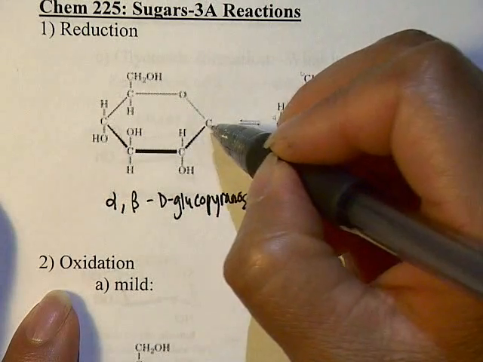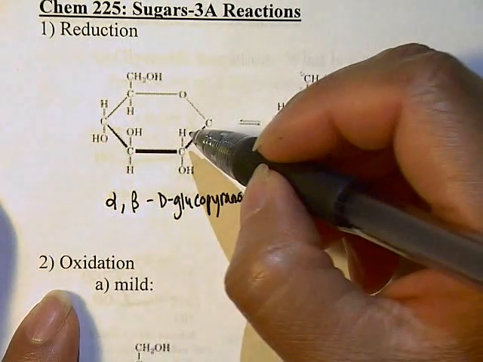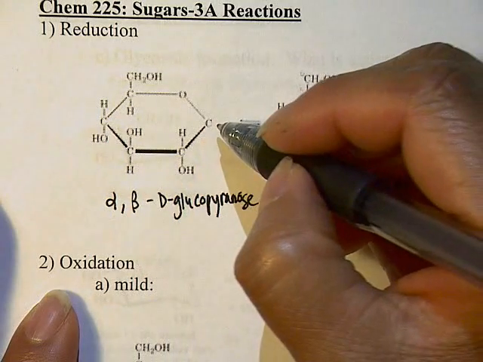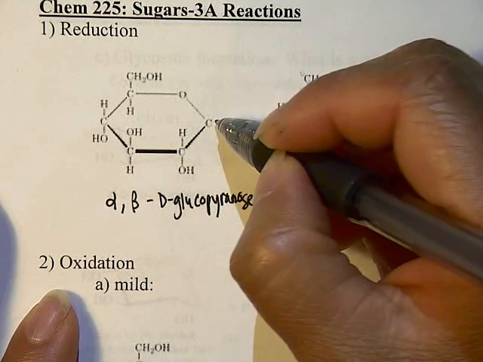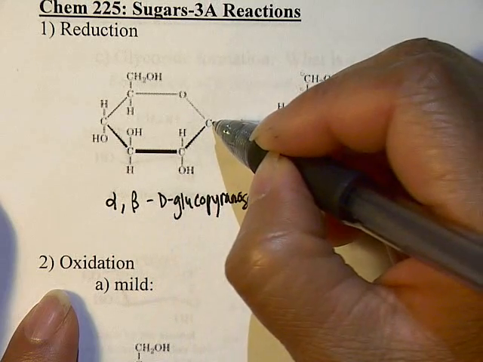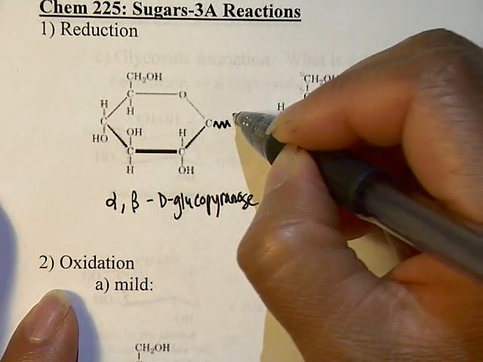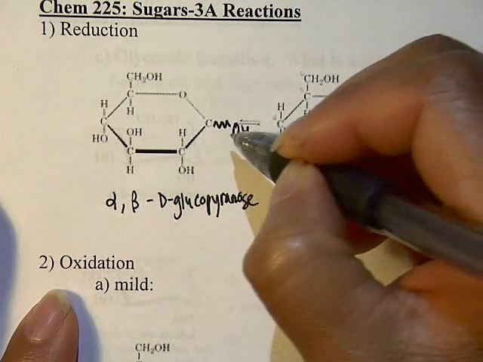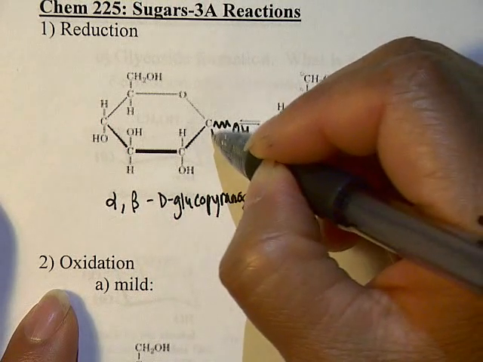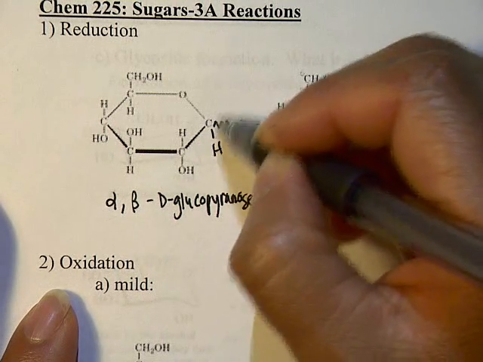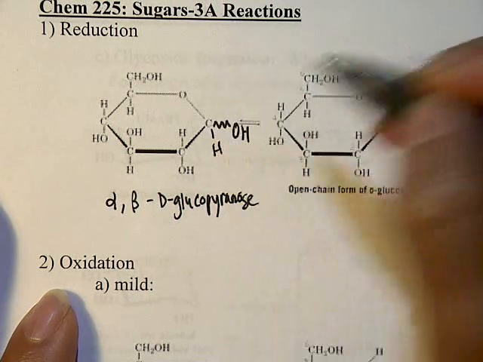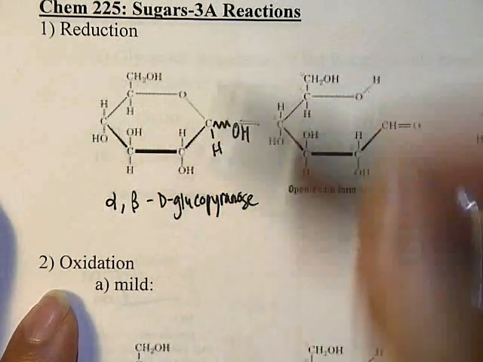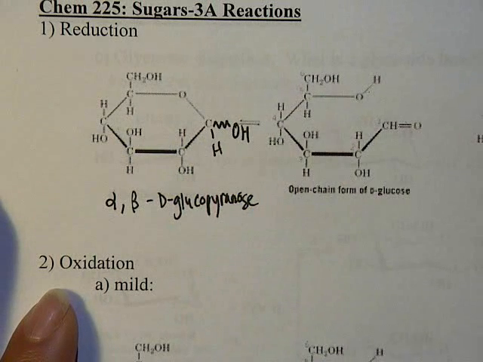And instead of drawing two cyclic hemiacetals with one OH up and one OH down, a lot of times when you have that mixture, it's drawn with a squiggly line with an OH to indicate that you have a mixture of OH up and down at the anomeric carbon. So we have a mixture of the glucose